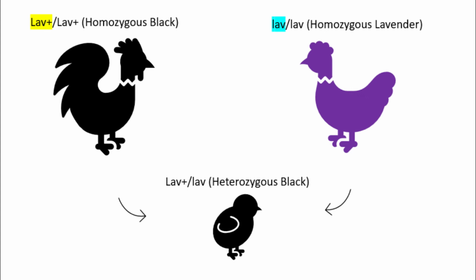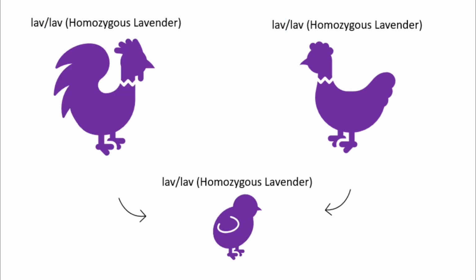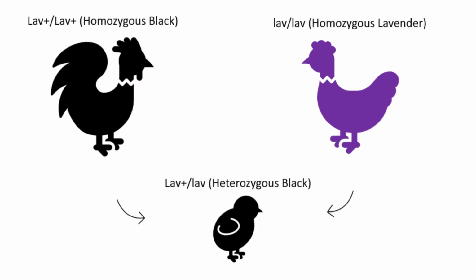I mentioned earlier that every trait for the most part has two genes, one from the hen and one from the rooster. In a dominant gene, only one copy of that gene needs to be present for it to express or to be visible. For a recessive gene to be visible, two copies must be present. In other words, if two birds were both lavender in color, meaning they both carried two lavender genes each, and you bred them, they would always produce lavender offspring. Since black is dominant to lavender, if you bred a black bird with two black genes to a lavender bird, you would only get black chicks.